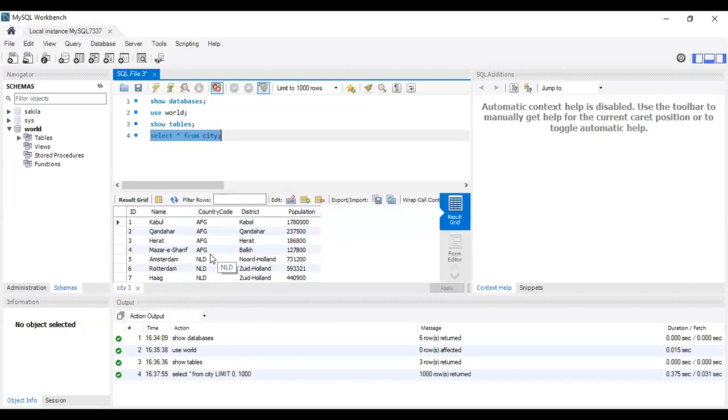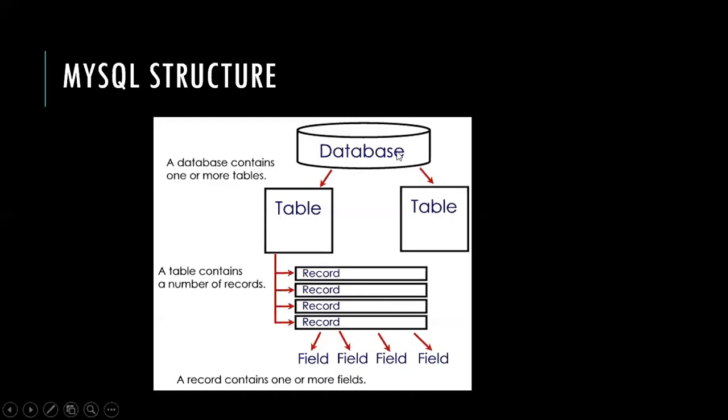Now you execute this. Yes, it is executed. Now see here, these are all the records available in the table. First, the database is world. In the world database we have three tables, and we have selected one, the city table.